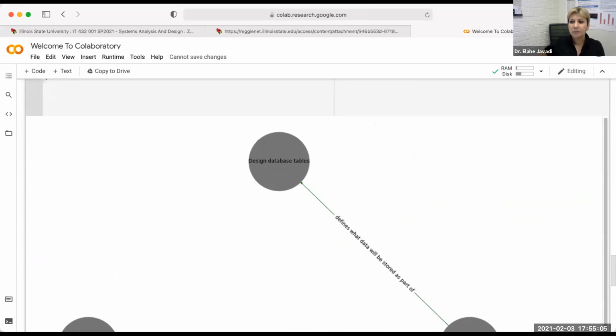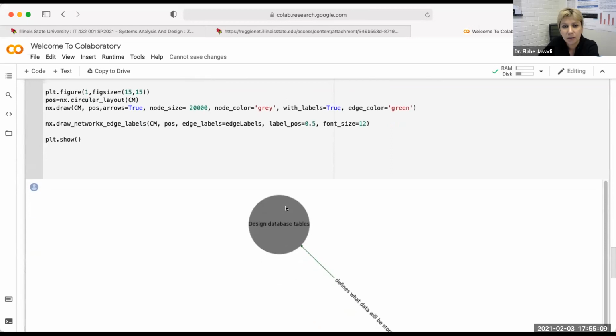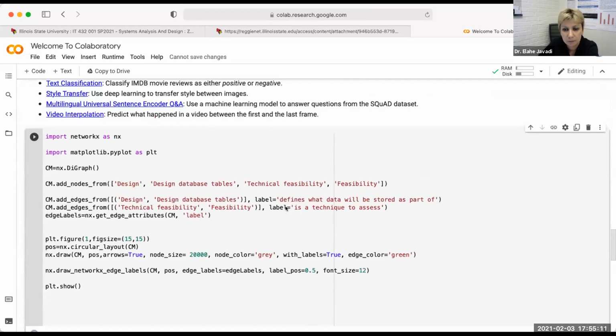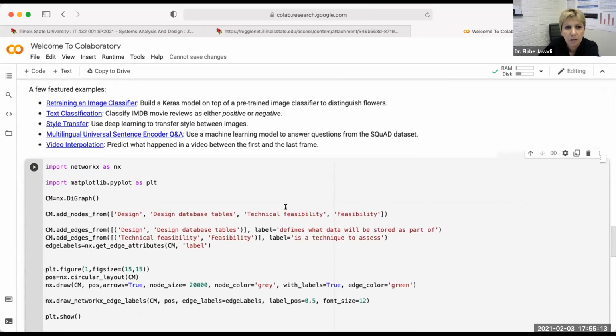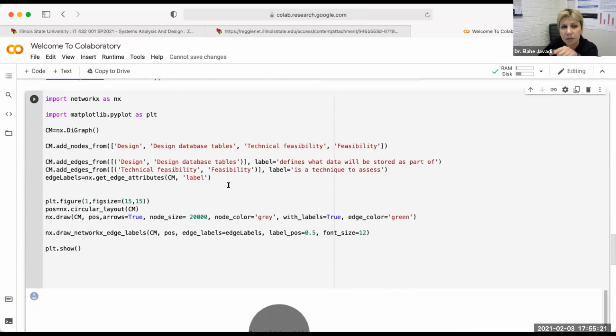Class, your creative contribution are the labels, okay? Pay attention to the labels. Good job. And make sure you change the name of the file. It would be lab or reflection 1 underscore your name. And then you want to make sure you share the link with me. You share the file with me